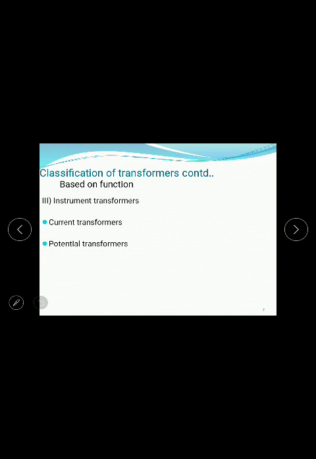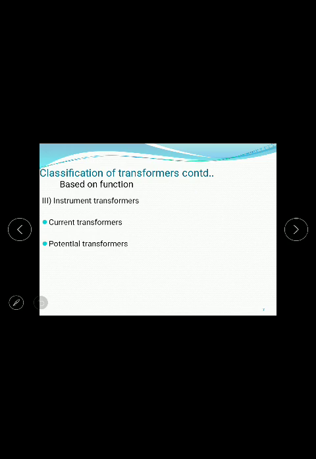When we are measuring the current, we need some device, that is an ammeter or whatever meter, to know the current value. But generally, from the ammeter we don't know the value of current. So for that purpose, to know the current value in the power and transmission lines or substations, we have to connect the current transformer. By using the current transformer, we know the high value of current in the lines.